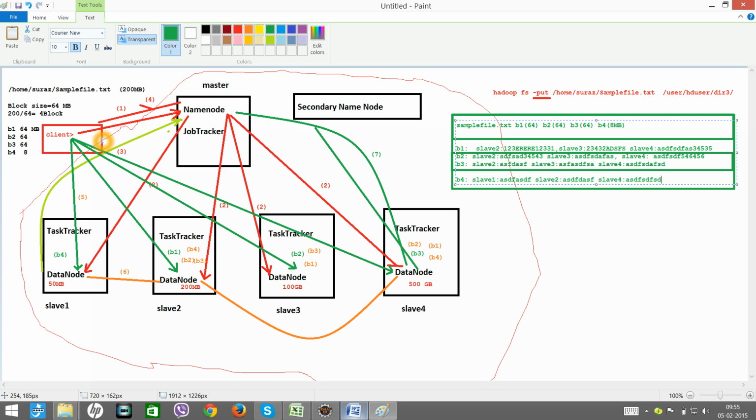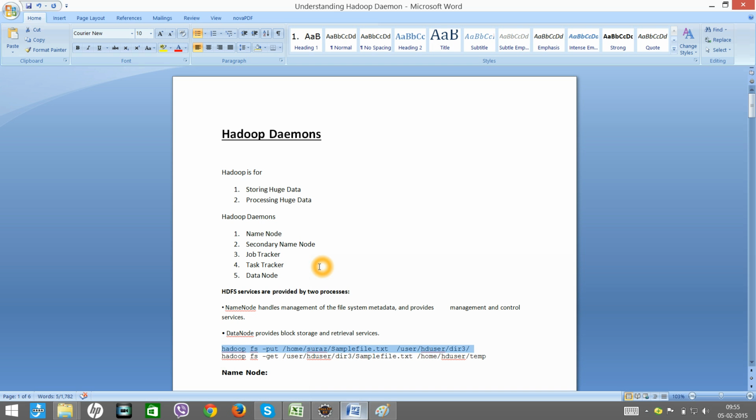Similarly, when you try to read the data, let's say I want to read the data from this directory 3. I want to copy the data from the Hadoop cluster to the local system. So for that the command is get.